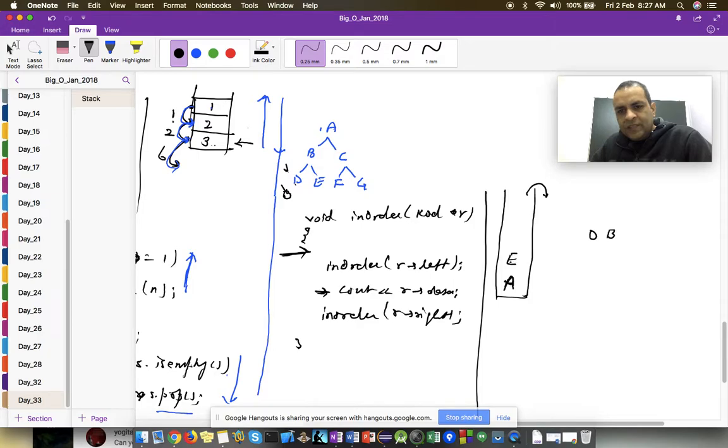Then the left child of e is null, and the right child of e is null. So again we pop e, and e will be printed, and the right child of e will be considered. But the right child is null, so the processing of e is also done. Then we pop from the stack again. Pop means we are actually returning. So we pop from the stack again, we print a, and then we move to the right child of a,